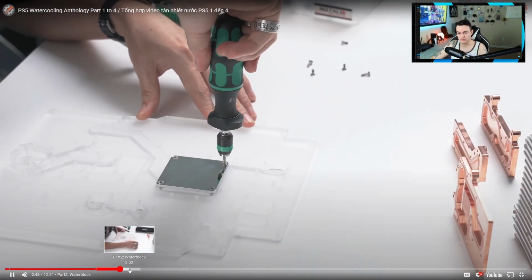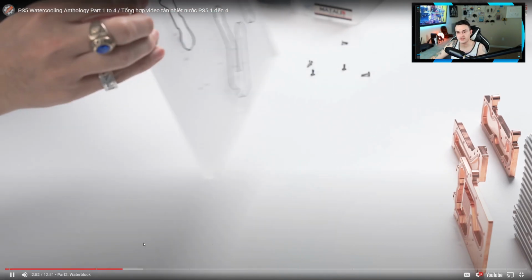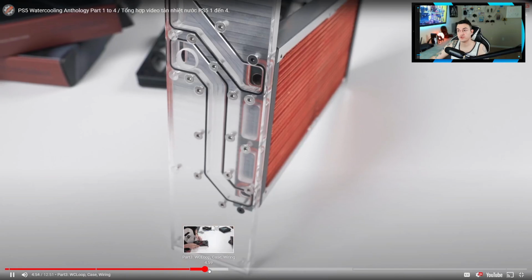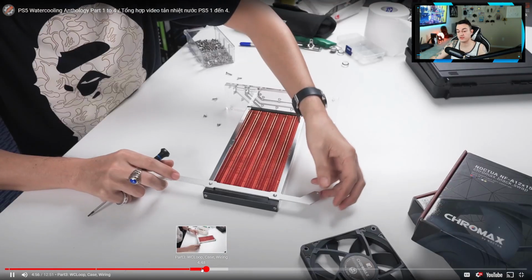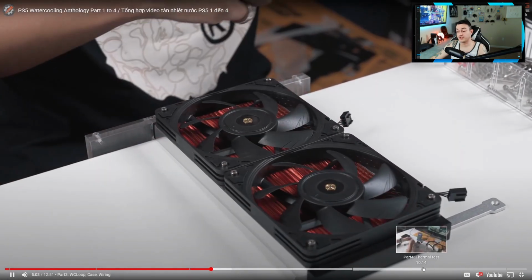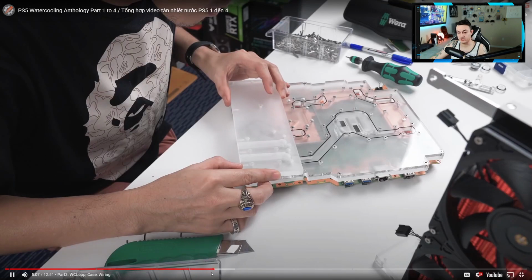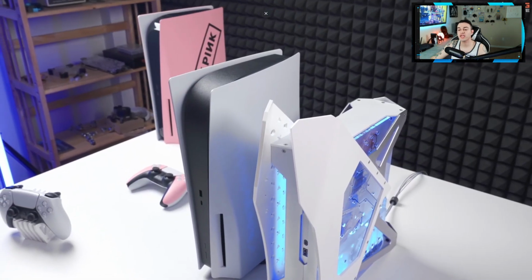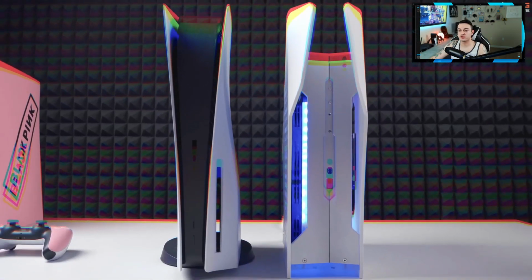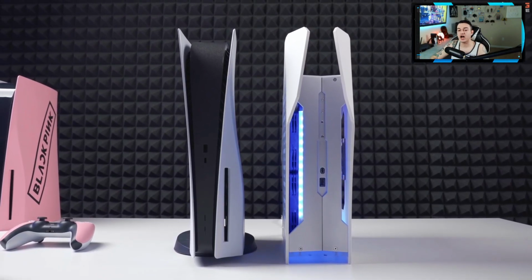So this is the actual water block over here. They're going to be sandwiching the CPU in there, obviously with thermal paste. There are also timestamps in this video, so you can skip to the water block, water cooling loop, case and wiring, the thermal test, and then your glamour shots and photos back here. Just, would you look at it? Would you look at it? Just wait till the lights are off and there's the low light shots. Oh my god, it looks...